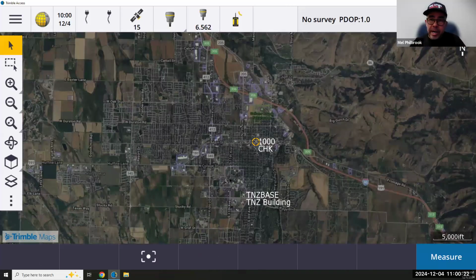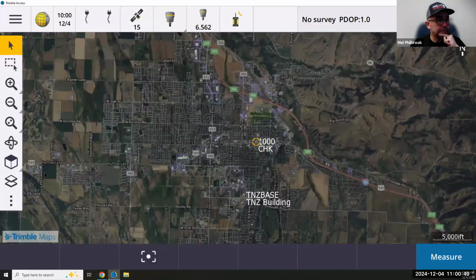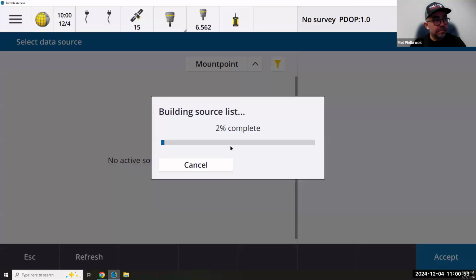So the very final way I want to show you here is that you can modify your connection once you know the exact name. That way you can find your mounts, and you don't have any human or operator error. So if I come over here to measure, and now I choose single base, because I'm in single basing, but I am going to use this MTSS mount, it's going to prompt,